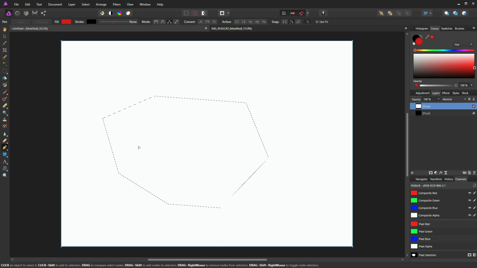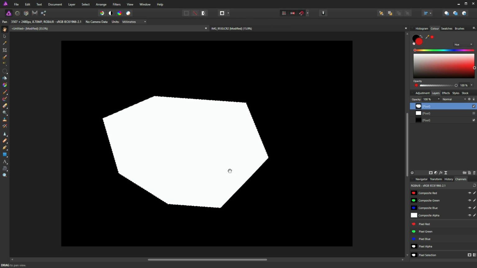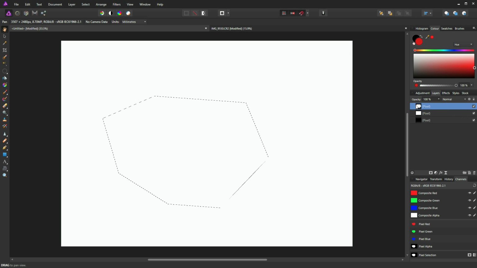Control and C to copy, and Control and V to paste, and we can turn off our white layer, and you can see we've now got a shape that we can use as we see fit. So I'll just turn that layer back on, and we'll get rid of that shape, and I'll press Control and D or Command and D on a Mac to get rid of my marching ants, and we'll move on to the